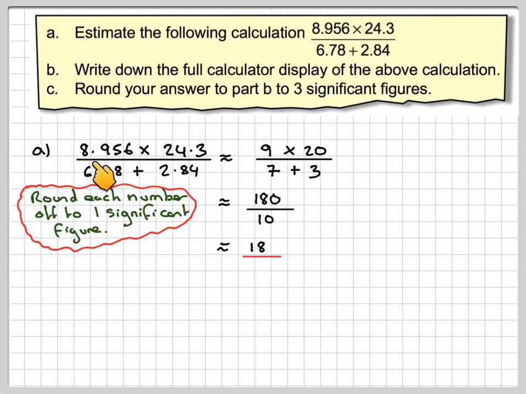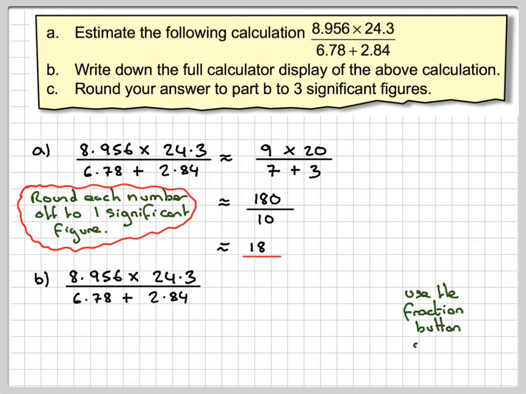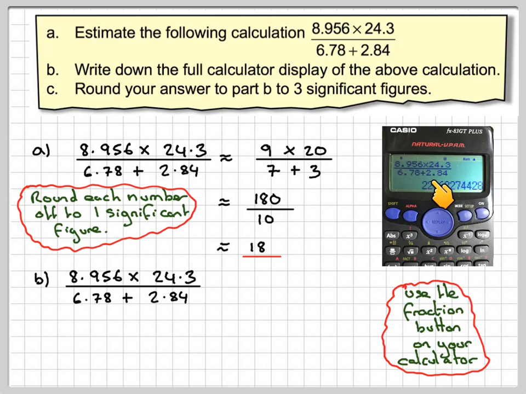So the idea is that you round each of the original numbers off to one significant figure first. Then you're asked to work out this value using your calculator. Now, with a modern calculator, you should be using the fraction button. So you should be using this button first. You should enter that first and then enter the numbers for the numerator and then the denominator, and then you get the answer